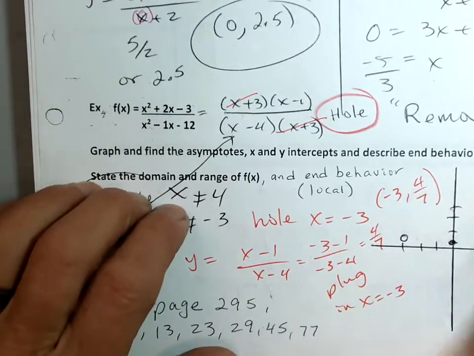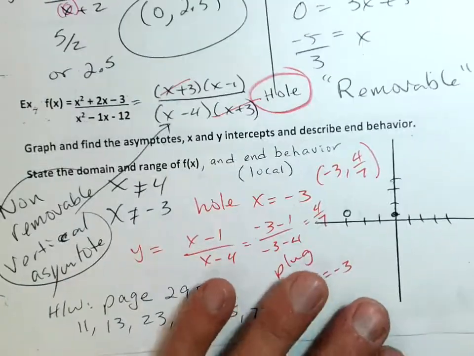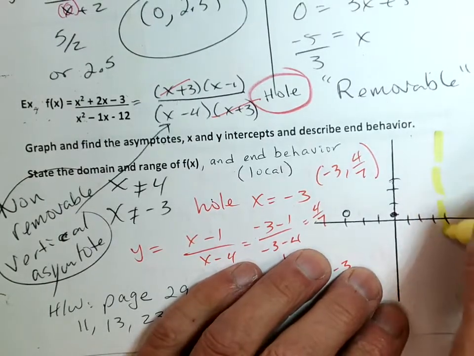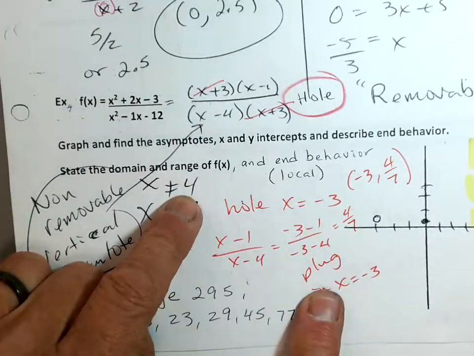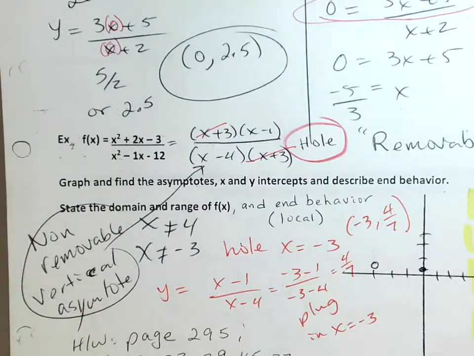Okay, so I got a point right about there. I've got an asymptote at 4. 1, 2, 3, 4. So I've got a vertical asymptote at 4, right? I know that because we already said it was a vertical asymptote because x can't equal 4, right? Now there's one more thing, the x-intercept. 0 on the top, what would make this 0? 1. So if x were 1, then y would be 0. Now, you'd say negative 3, but that's a hole, isn't it, right? So at positive 1,